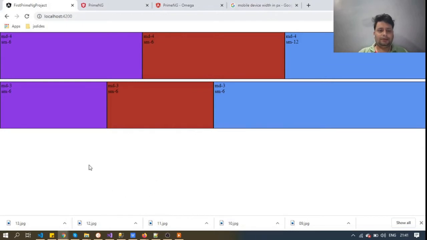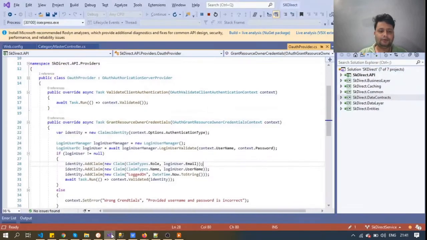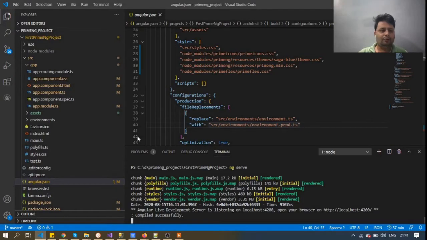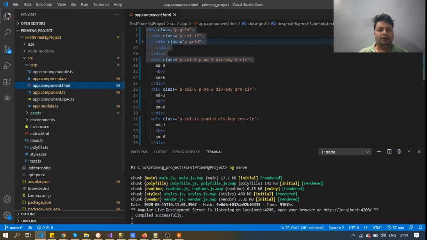Here I have created a grid, but we will start from scratch right now. Go to our app.component and erase everything from here.